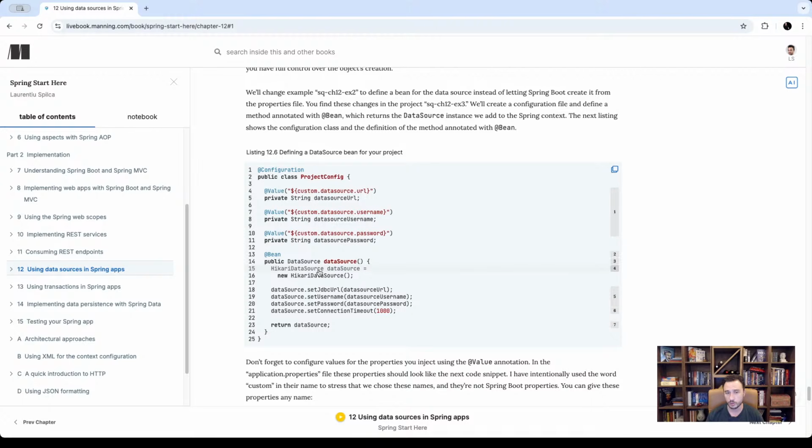Again, you are not forced into always using Hikari, even if, trust me, it's probably the best now. But again, Spring is flexible. It allows you to use even your own implementation if you want. Any data source